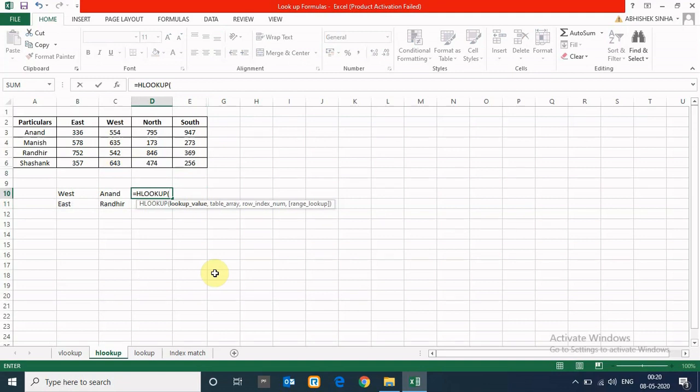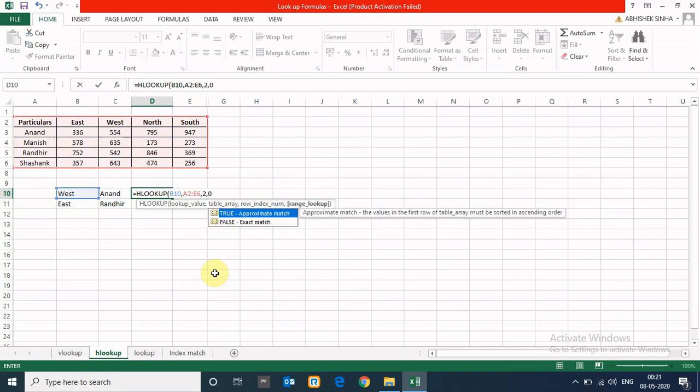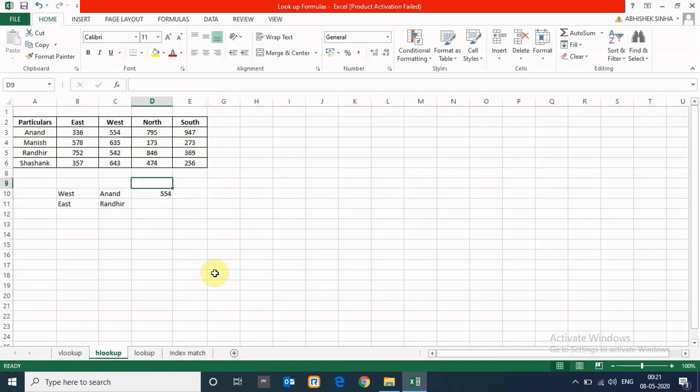So in top, what is there? It is written east, west, north, south. So I have to look up west. West, then table array. I have to select the complete table. Then row index number. So Anand is at 1 and 2. So I will write here 2 as row number, then 0 for matching, and it will provide you the result 554. So Anand's west region performance is 554.